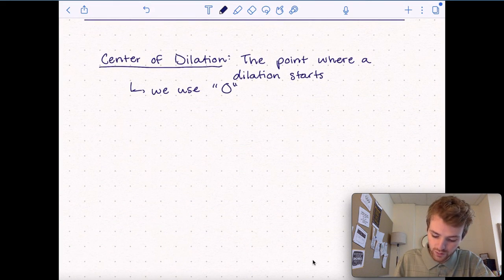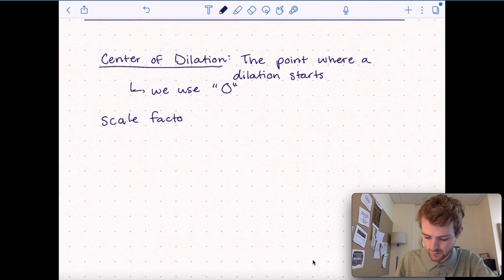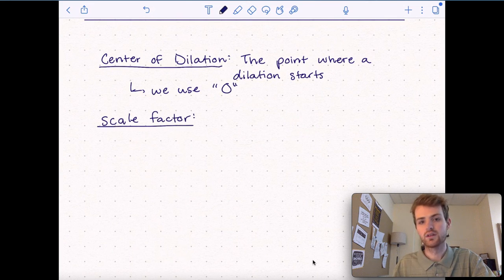Let's also remember scale factor. Scale factor is,